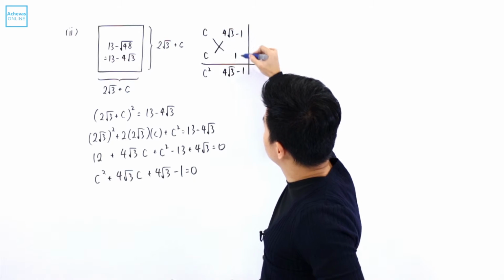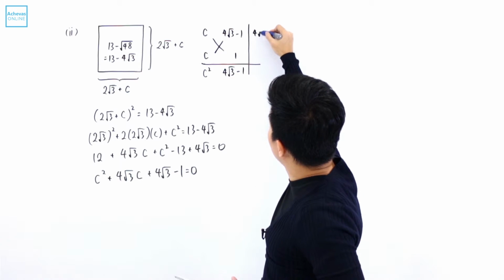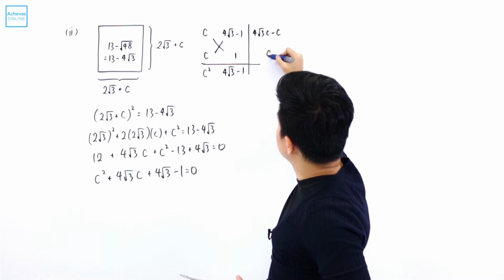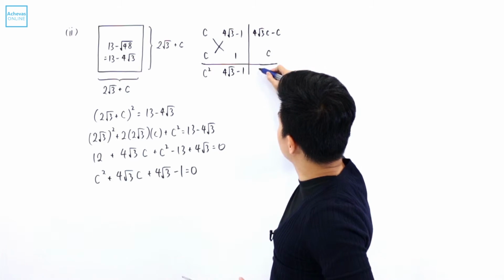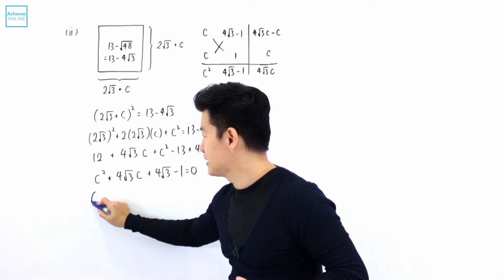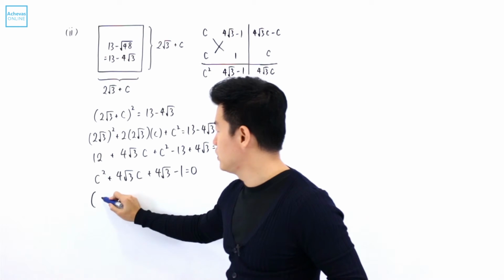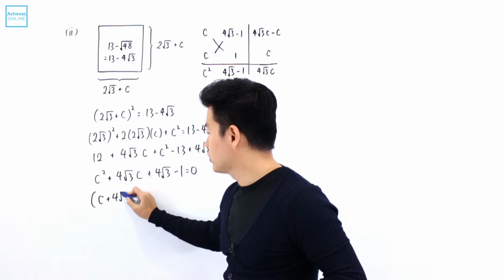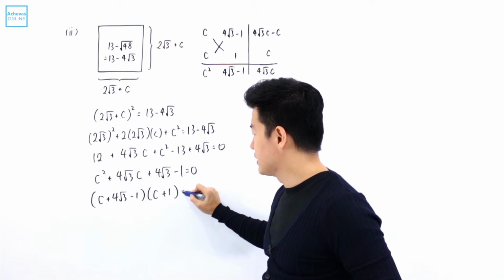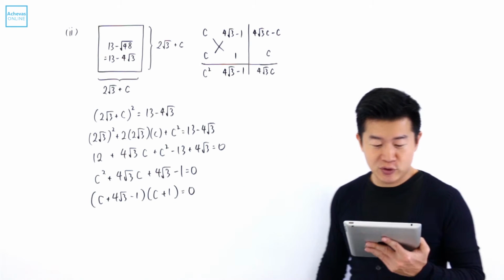So if I were to cross them, this times this is 4 square root of 3 c minus c. This times this is c. If I were to add them together, I will be getting 4 square root of 3 c, which is what I have here. So making use of this, this will be factorized to (c plus 4 square root of 3 minus 1) times (c plus 1) is equal to 0,